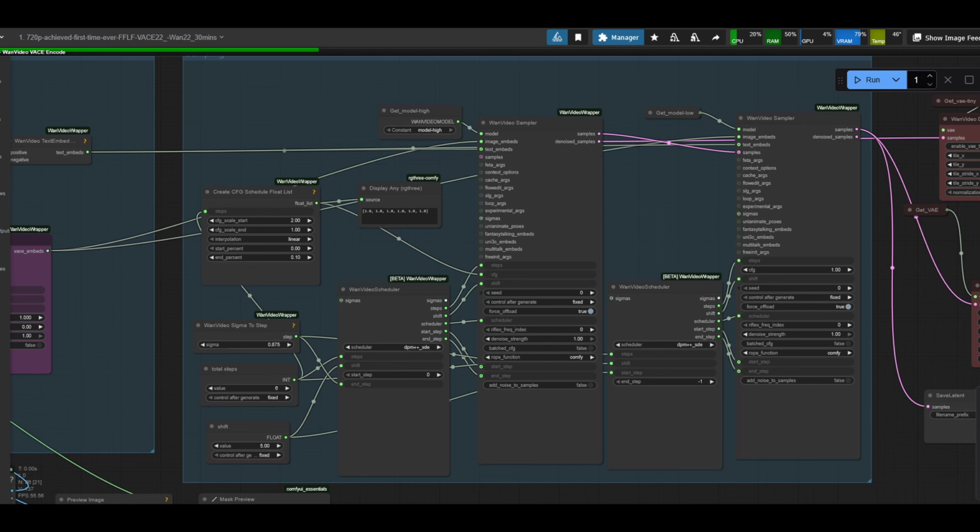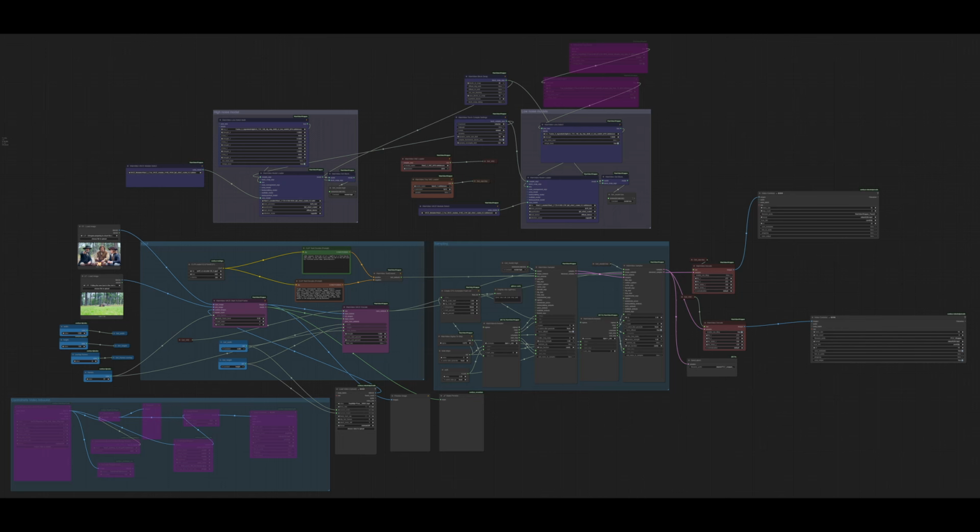And from the VACE encode node, we move on to the sampler section, and this gets a little more involved because we have the double model situation of WAN 2.2 in play. I won't go into this part because plenty of others do. It's basically splitting the work across the high noise model in the first sampler and the low noise model in the second sampler, and using 6 steps to do it. What is left to talk about? Not a lot. So let me now just fire off this workflow and, as I promised early on, show you what it looks like when running on the 3060 RTX GPU 12GB VRAM machine with only 32GB of system RAM on a PC such as mine.